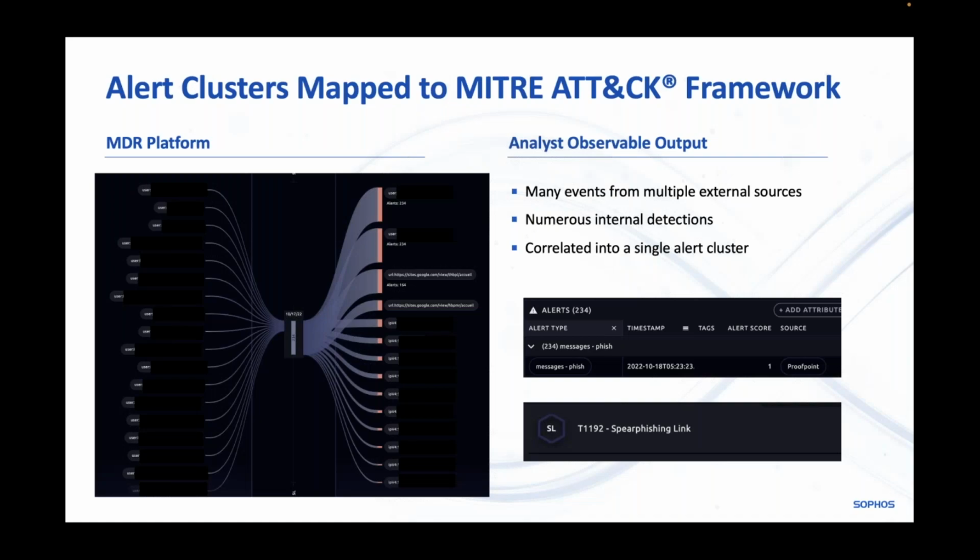This is actually very much behind the scenes of what our MDR platform looks like. As a customer, you would never see this, but I wanted to show you this because I think it really highlights the value of correlation. So what you're seeing here on the screen is a phishing attack actually orientated towards an organization that has about 150 users. On the left hand side here, there's a bunch of endpoints that are telling us that they are seeing phishing attacks. These are actually Windows endpoints.